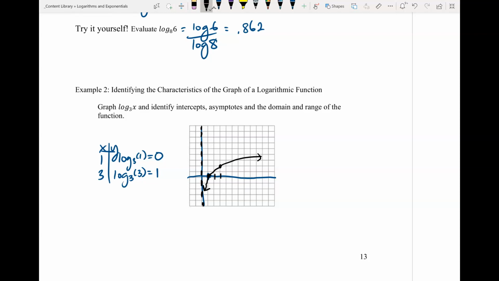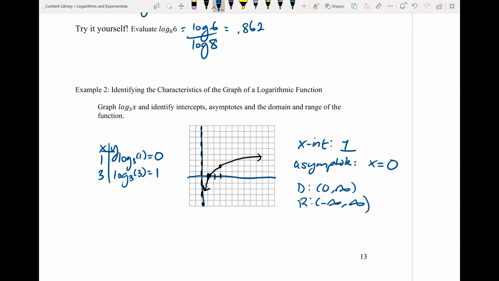Now here's some characteristics. It says identify the intercepts. So we have an x-intercept at 1. We have a vertical asymptote at x equals 0. Our domain is from 0 to infinity. Remember not to include the 0 because you have an asymptote, and then your range is from negative infinity to